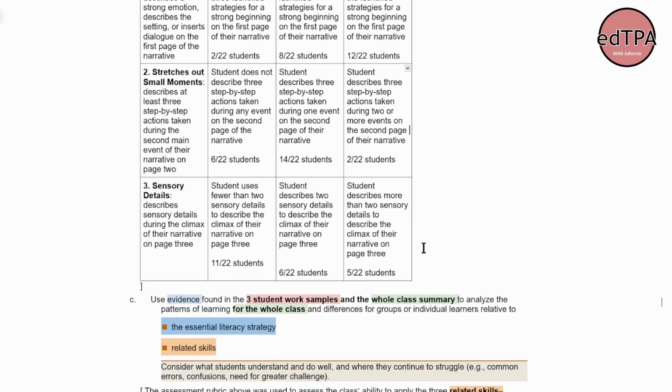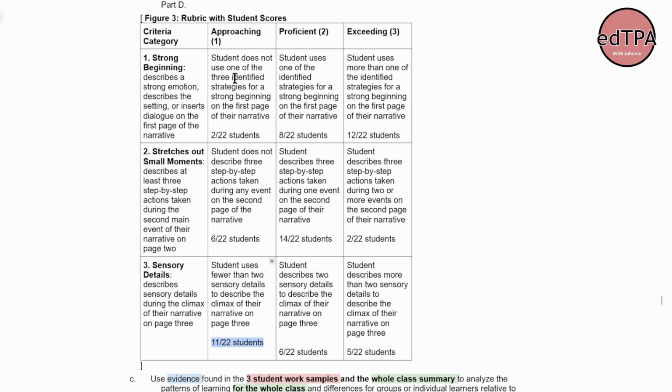And then finally, sensory details. Lots of kids struggled with this one. Half the class is approaching in sensory details. So you can see the strength of this table, and based on this,